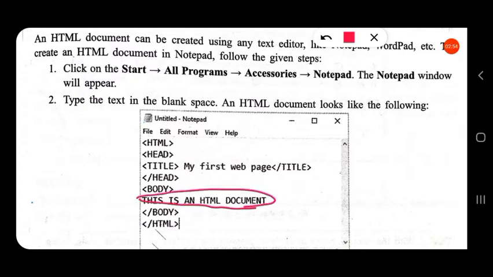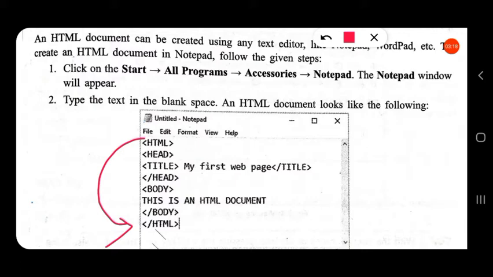This is an HTML document. Then the body tag is closed here. Starting and ending tags are same, but the ending tag has a backslash. Then the HTML tag is closed here at the end.